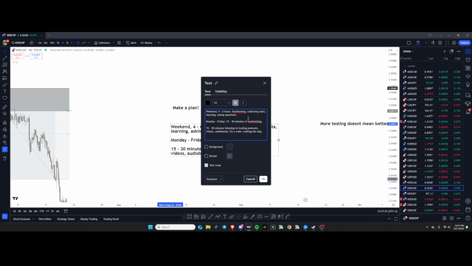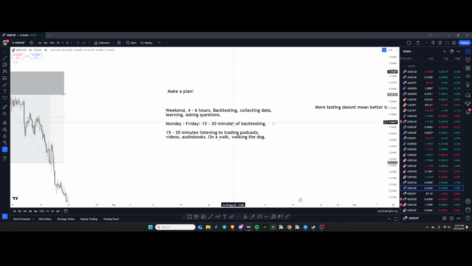So let's say you get home from work after an exhausting day with a 2 hour commute and 8 hours of work. You won't have the energy, you won't have the focus to backtest for 2 hours a day. That's just not going to work. So dedicate yourself to 15 to 30 minutes of proper backtesting. Then go for a short little walk, clear your mind, but in the meantime, listen to a trading podcast, a video, an audiobook, whatever. That way, you kind of maximize, in my opinion, the output that you can get from working a 9 to 5, but also learning how to trade.